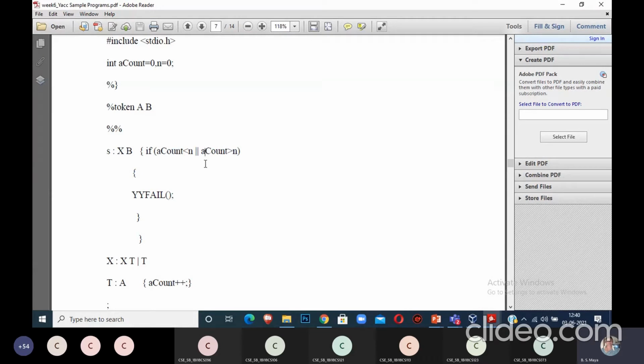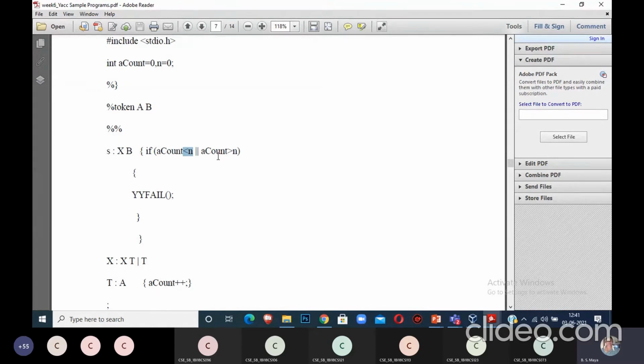That n should be equal to your a count. You can do any type of if condition. What I am taking is that a count should be less than n. See, n should be 2, but count should be only 1. Then the condition is false. Then n should be 3, that count should be 2, or anything.